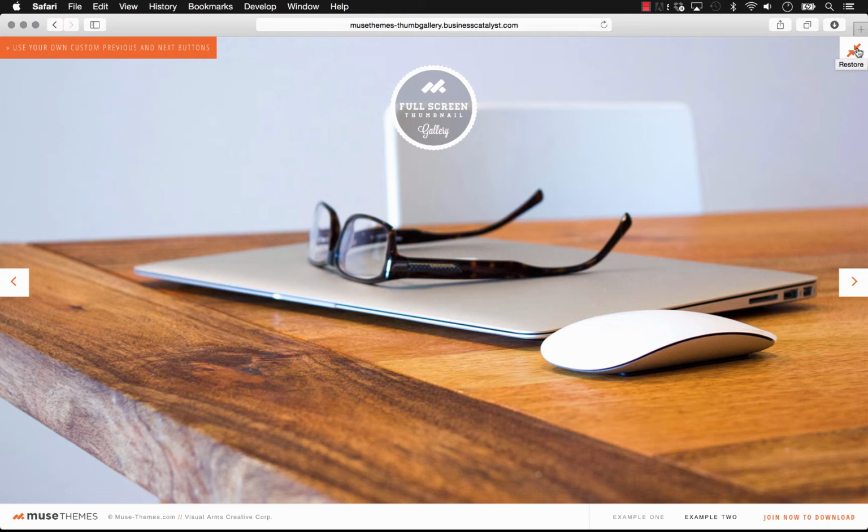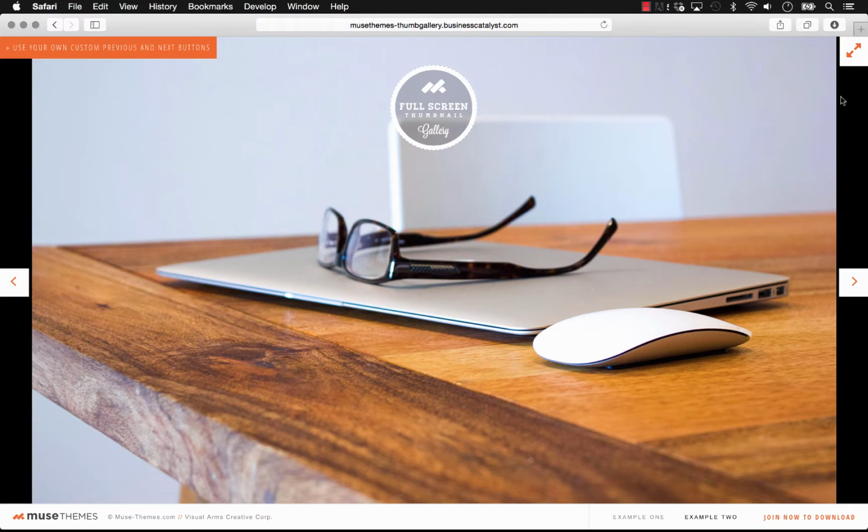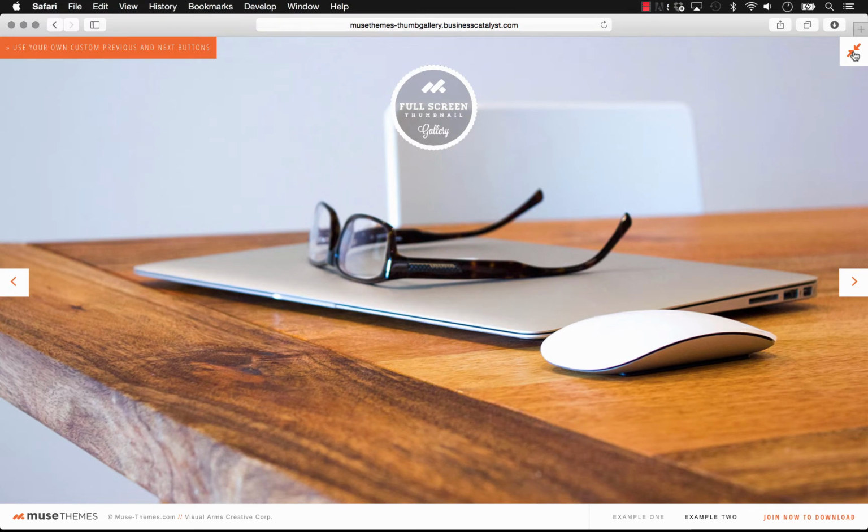Up in the top right, we have a controller for the image size. So you'll notice that if I click on this, it allows you to view the image without any cropping. So this is the image at kind of its original size in the browser. If we click the button again, then we get a full screen version. So of course this image is cropped on the top and bottom. So it's a really powerful widget, nothing like this in Muse, and let me show you how we make it